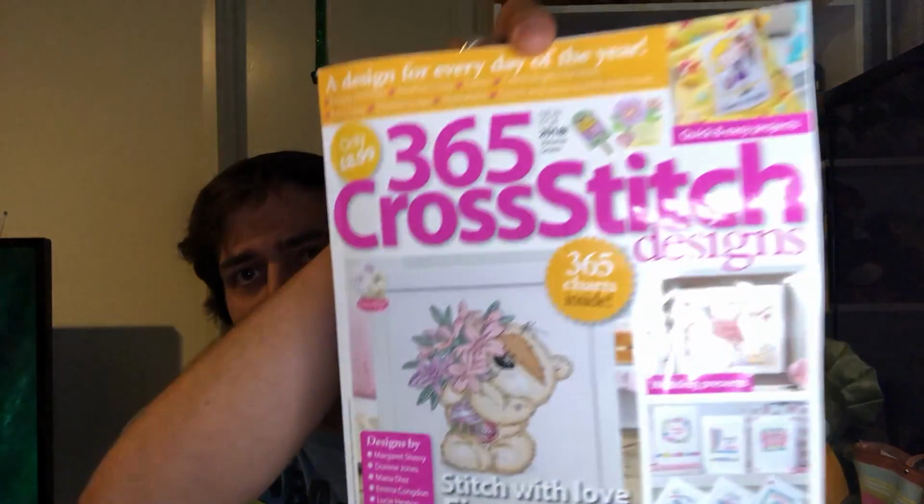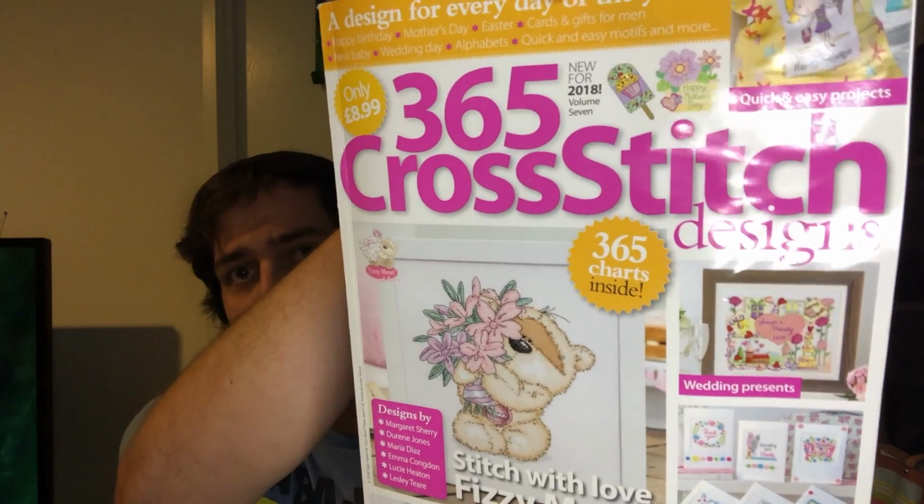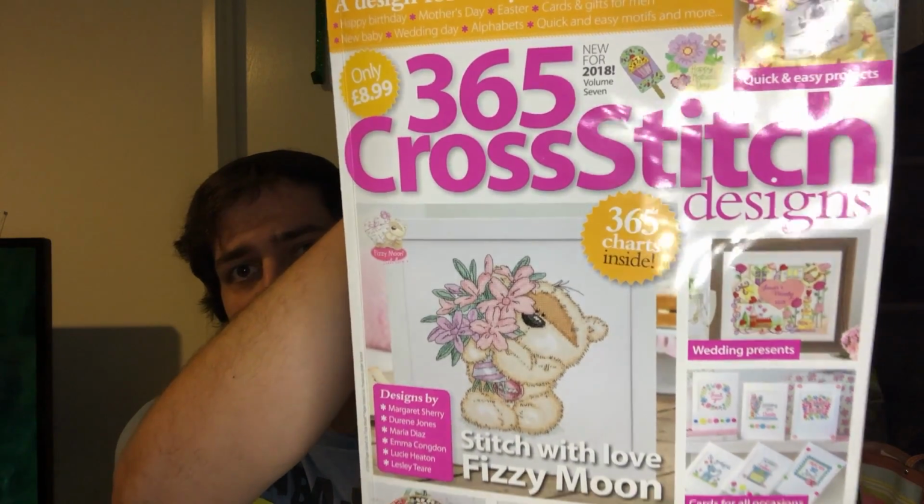So here I am. I guess we'll start with purchases. I've bought a couple of things. First thing, and I gotta be careful not to dump a couple of things out of here, was this 365 Cross-Stitch Designs magazine. This was for 2018, volume number 7. I bought this because I found really cool patterns in it for Mother's Day,